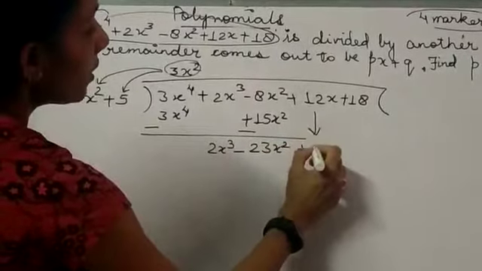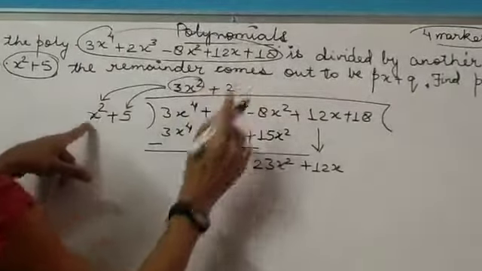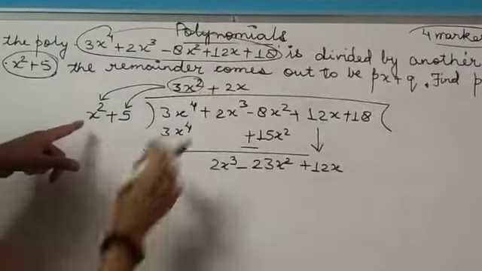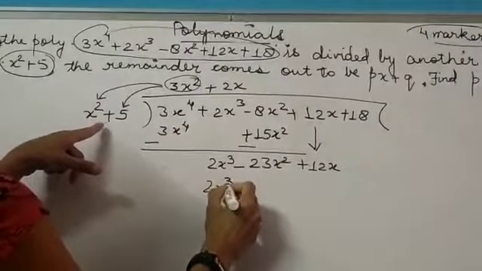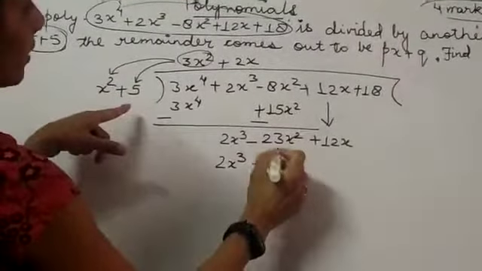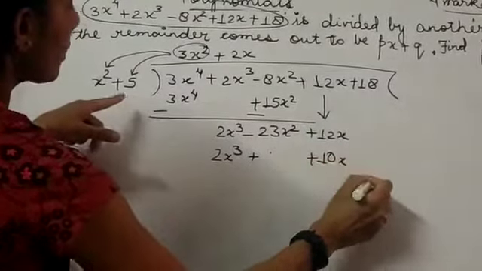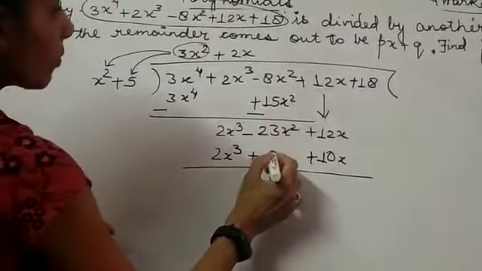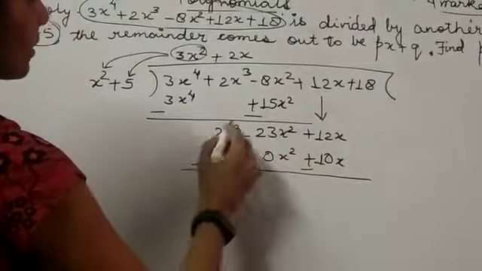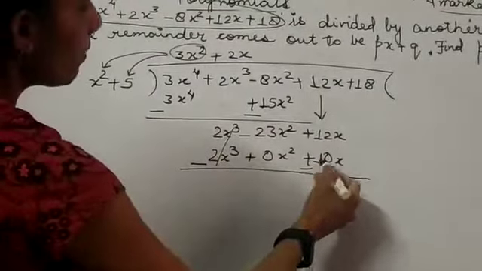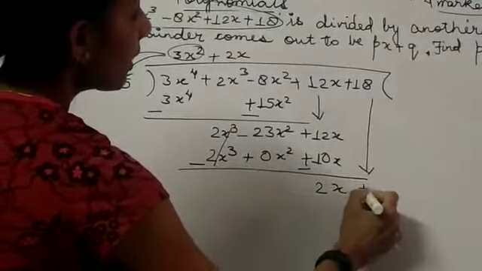I am getting this down 12x. Now I have here 2. So I can write it plus 2. 1x is short, so x. Multiply this 2x with this also and with this also. So I'll be getting 2x cube plus 5 2s are 10. But it will come under x plus 10x. If nothing is coming, then you can write 0x square too. It doesn't matter. So this is minus, this is minus. So this is gone. Plus 12 and minus 10 will be your plus 2x and this 18 will again come down.